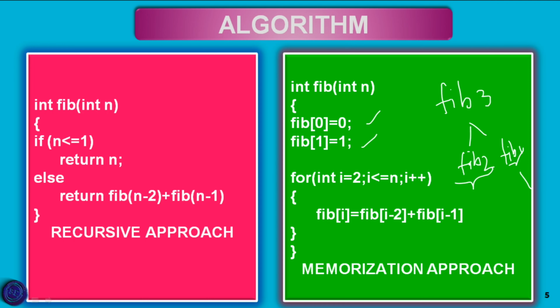But we are going to find the Fibonacci of 2. That means Fibonacci of 1 plus Fibonacci of 0. Already we have the values of Fibonacci of 0 and Fibonacci of 1. So there is no need of recalculating the values of Fibonacci of 1 and Fibonacci of 0, as they are stored inside a table. So the memorization approach helps us to solve the given problem in a short period of time so that the time complexity is reduced. While discussing the code for the algorithm, I will explain the time complexity.